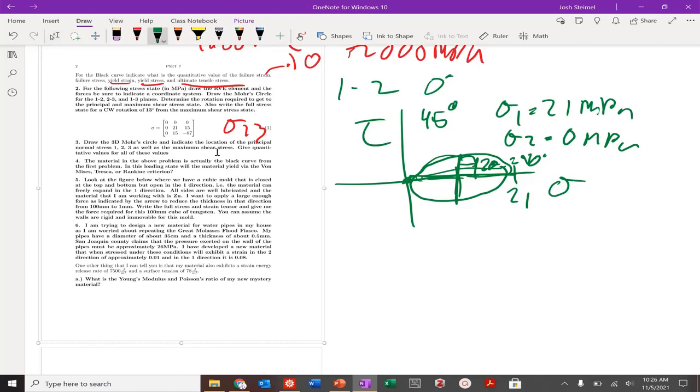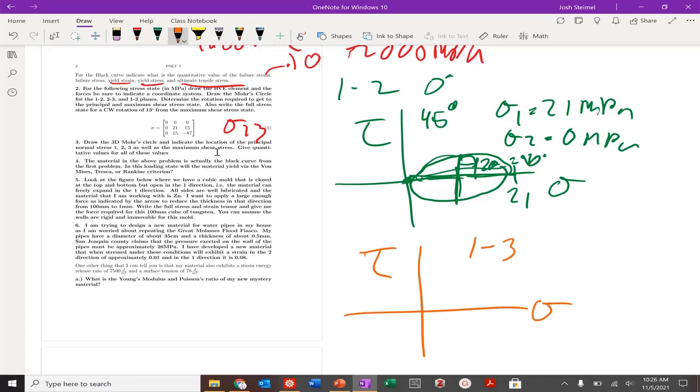Actually, no, let's not do this. Let's do the 1, 3. So I'm going to go over to draw. I want to do tau. This is going to be my sigma of 1, 3. And now I'm going to get my 1, 3 planes. So in the 1, 3, I just have a 0 here, and then I have a minus 87 for my